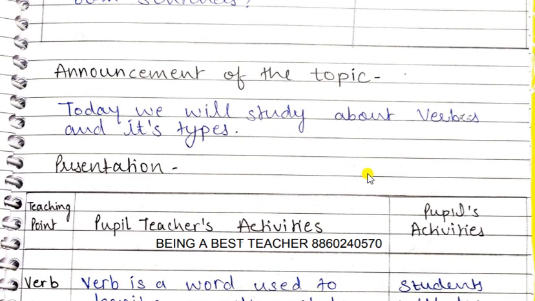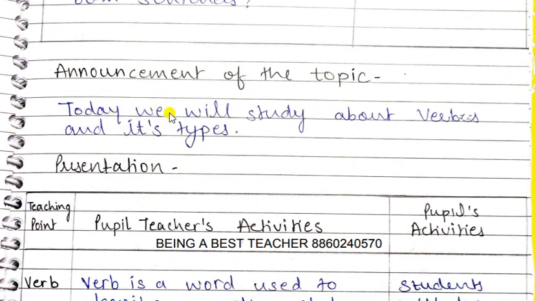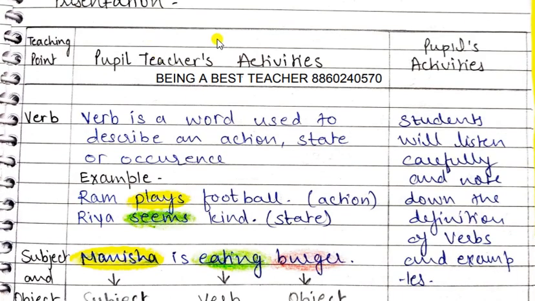The knowledge basically. So certainly when you come to a no-response question, that is a problematic question, then you announce your topic, which is, today we will study about verbs and its types, right? And then you will do the presentation of the topic like this. Okay, so basically first you will tell students what are verbs, the basic definition, the traditional definition from the textbook. Then write